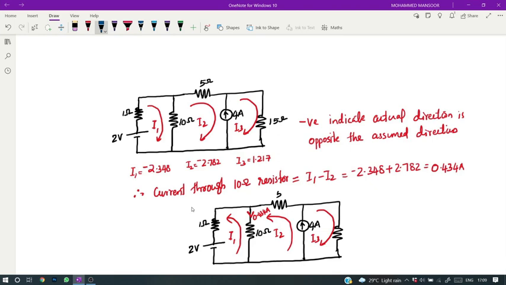So here we need to find the current flowing through the 10 ohm resistor. The current flowing through the 10 ohm resistor is I1 minus I2. I1 is obtained as minus 2.348 and I2 is minus 2.782 ampere, which is equal to minus 2.348 minus that, which becomes plus 2.782 ampere. Therefore, the current flowing through the 10 ohm resistor is obtained as 0.434 ampere. I1 and I2 actual direction is this one, and the current flowing through the 10 ohm resistor is 0.434 ampere, which is